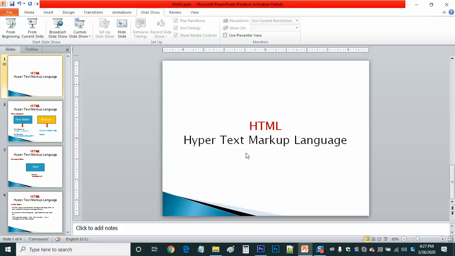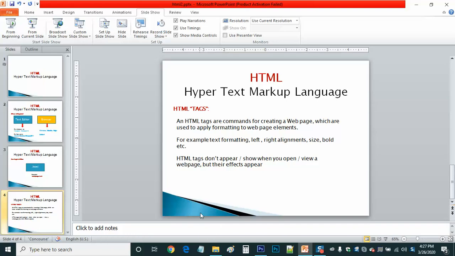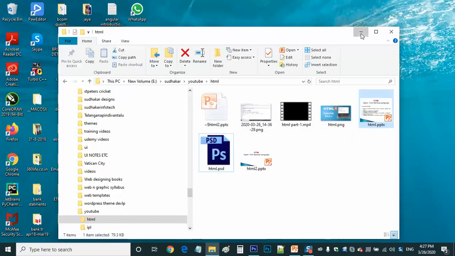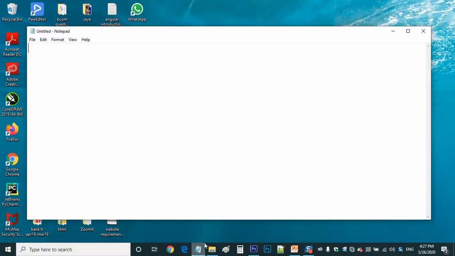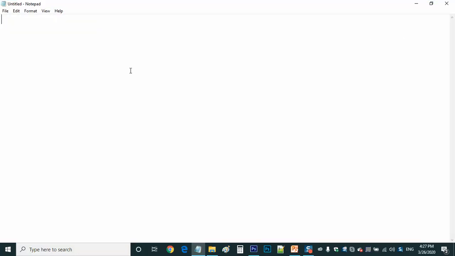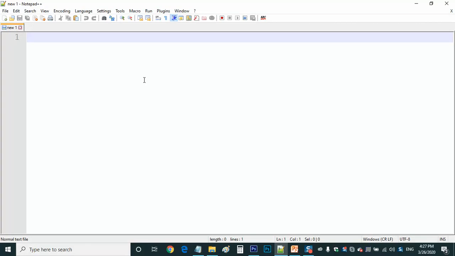One web page we will create here. For creating a web page, we need a text editor. We have a text editor called Notepad, which I am using. We can use Notepad or we can use Notepad++ also. Here you can see Notepad++ is there.